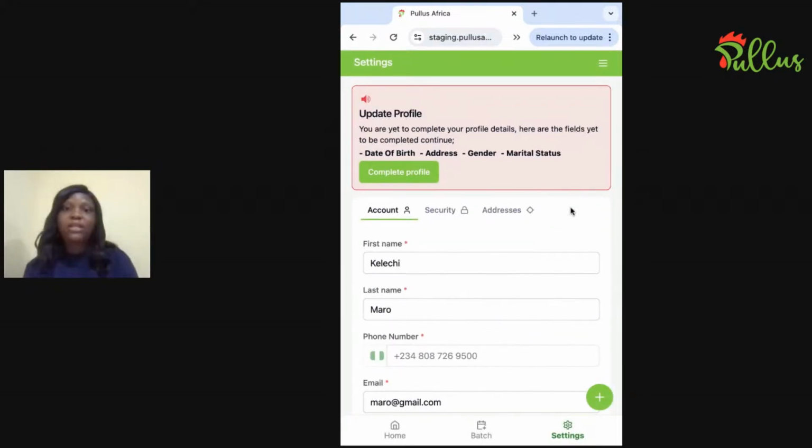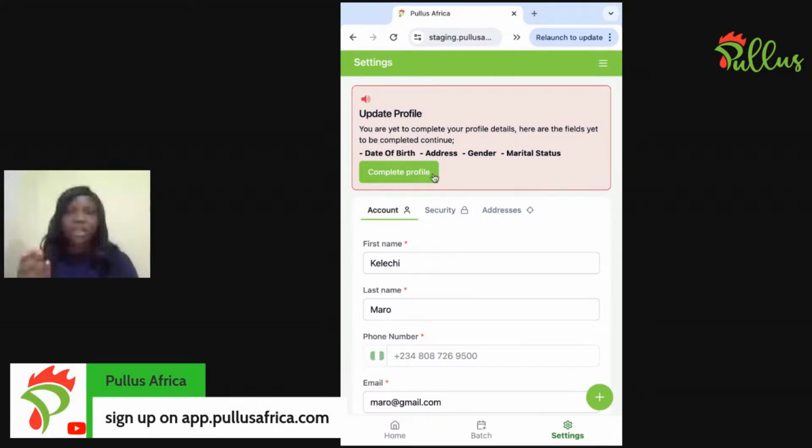Now, when you come in as an existing user, when you reset your password and then you log in, you're going to see this. You'll be prompted to update your profile. It's very important. Remember, you were on the old platform. Now you're on the new platform, right? You need to update your profile. You need to add some other information for us to identify who you are, right?